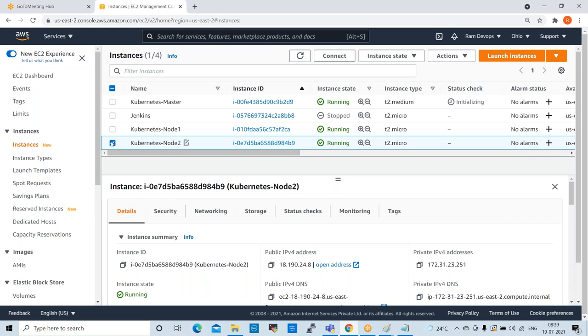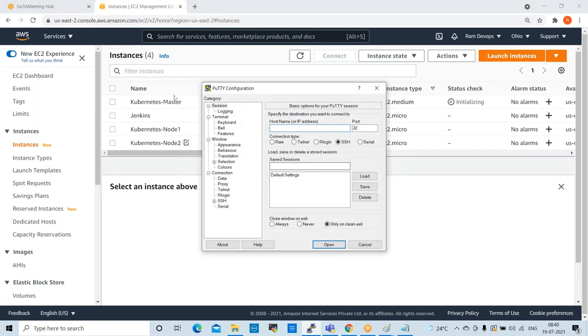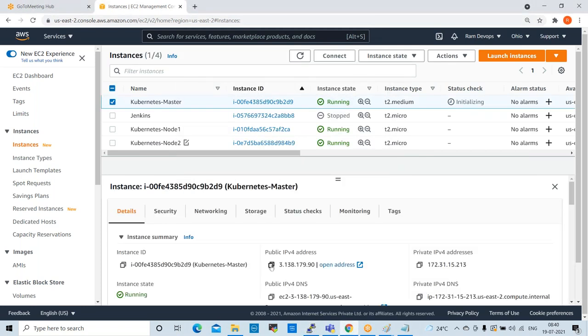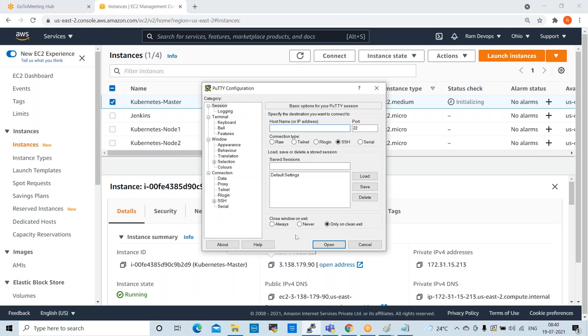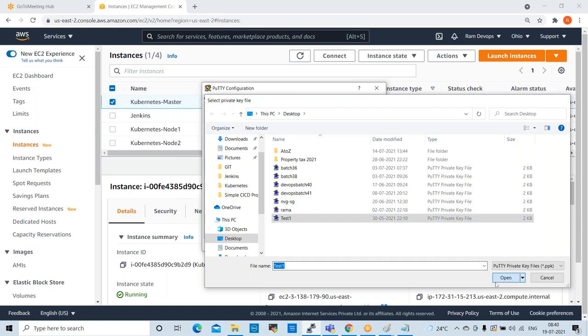Fine. These are the servers we created: Kubernetes master, Kubernetes nodes, right? So we have 3 servers in running state. Now I'll connect consoles one by one. First I connect Kubernetes master, take the public IP, paste here, keep it.